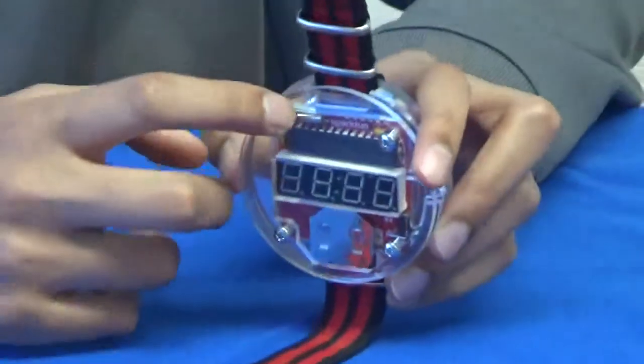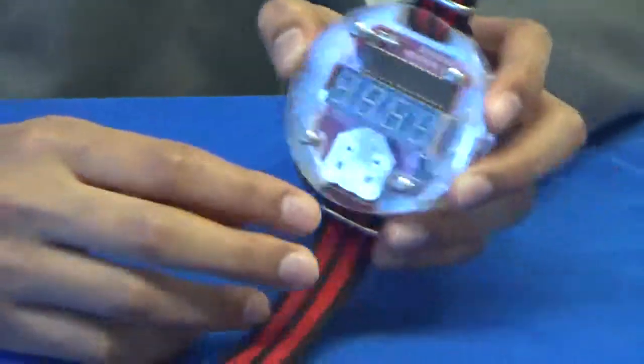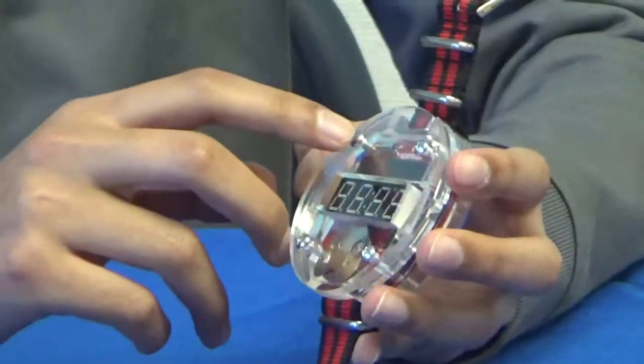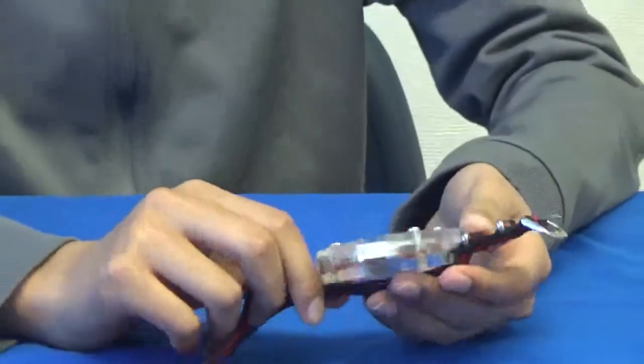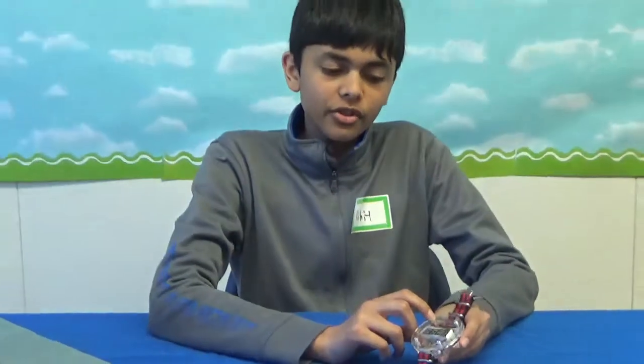And there's this little tube which is lying flat against the watch called a crystal oscillator. It's filled with quartz, and it can be measured at what frequency it's vibrating, which allows you to tell the time. Probably the biggest challenge that I had when making the kit was putting in the crystal oscillator, because you